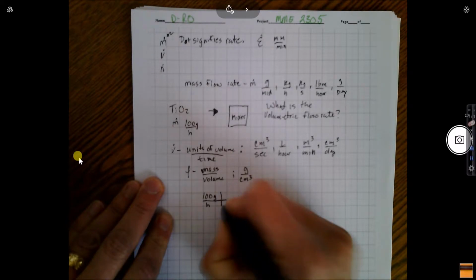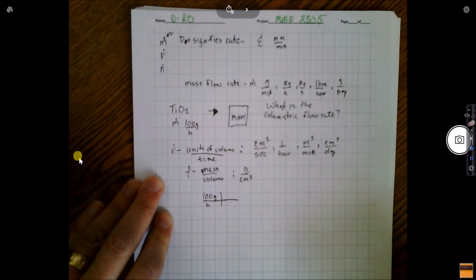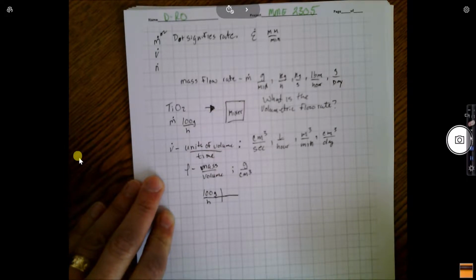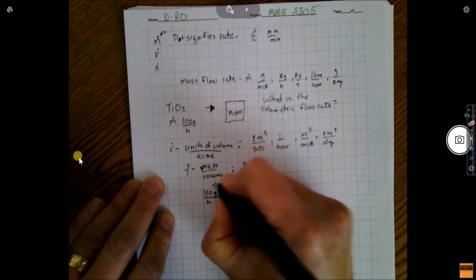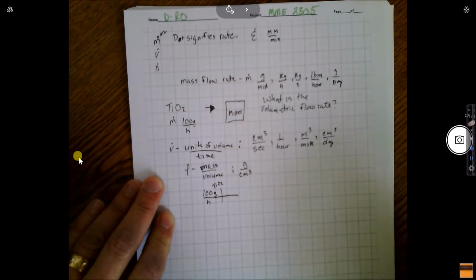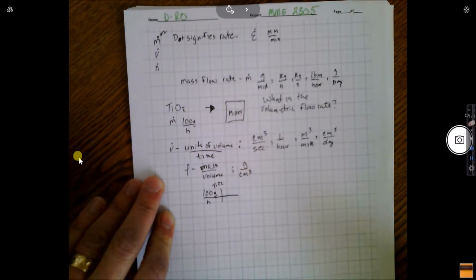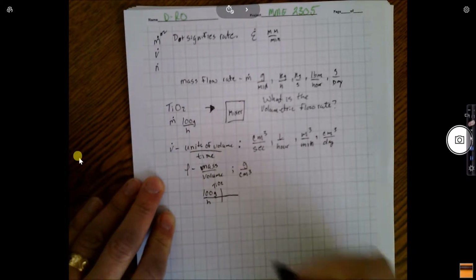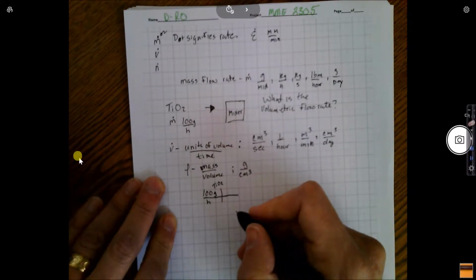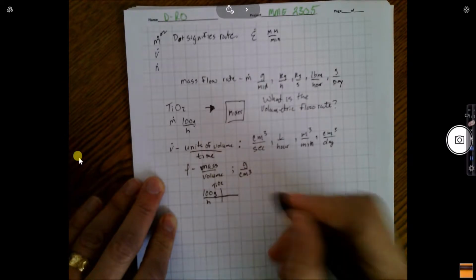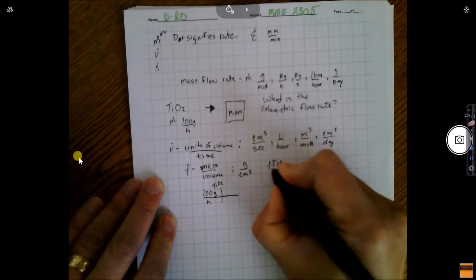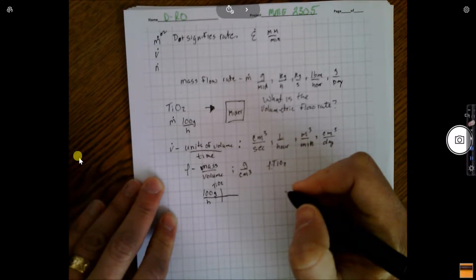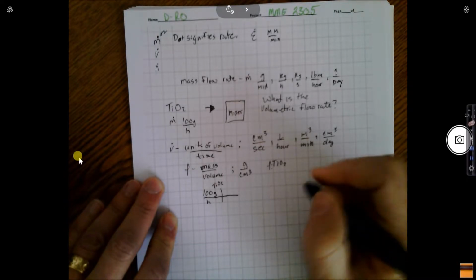We're using our railroad track method in this class, and if you've not seen the video, I implore you to go take a look, especially if you're taking this class. So 100 grams per hour. And for bookkeeping purposes, I should have put titanium dioxide in there. 100 grams per hour of what? Because as the problems get more and more complex in this class, bookkeeping is essentially the key to survival. We'll go over that a little more in future lectures and videos. It just so happens that the density of TiO2, according to my handy dandy research I painstakingly performed before making this lecture,